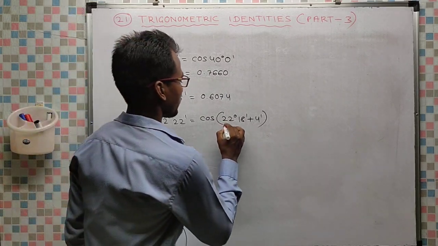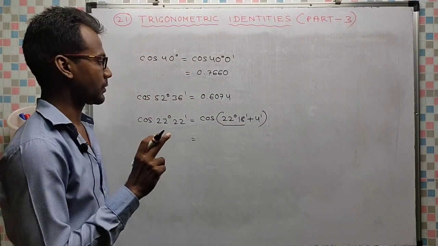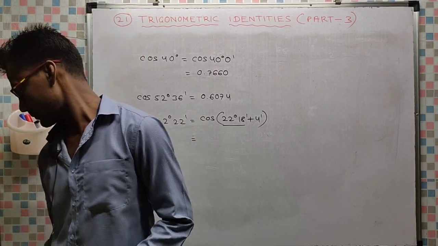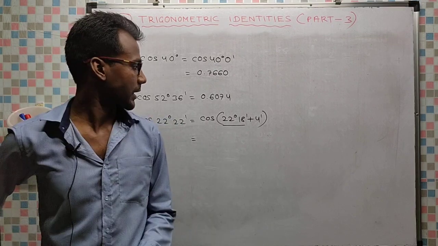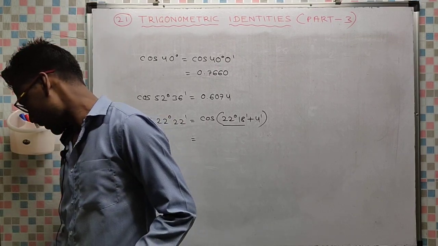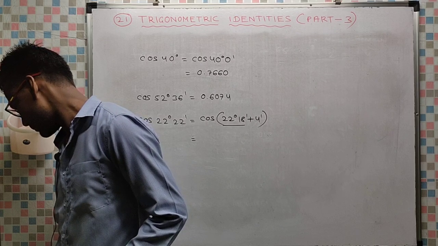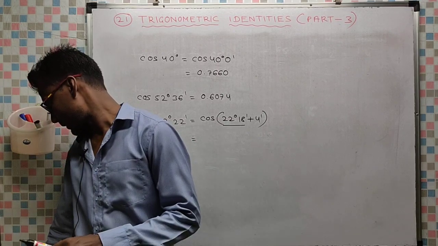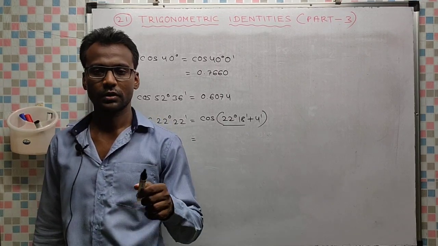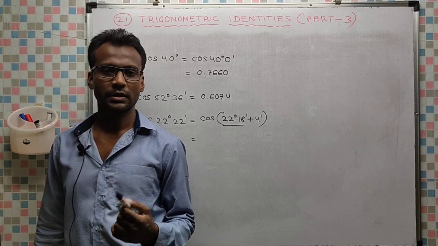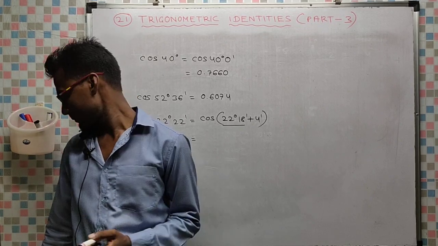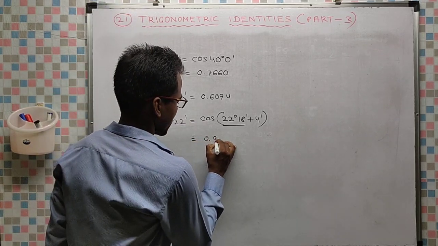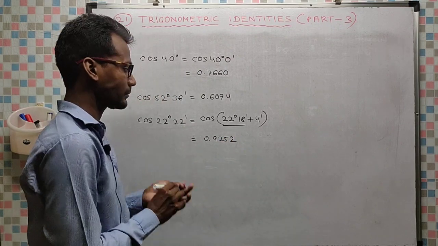First find the value of cos 22 degrees and 18 minutes from the table. Cos 22 degrees and 18 minutes is equal to, as given in the table, 9252. Check for 0 minutes. Before the decimal sign there is no value, nothing means 0. So it is 0.9252.